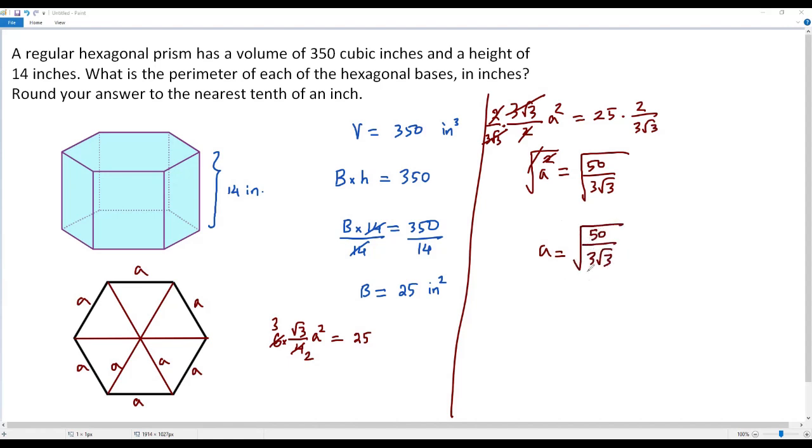Okay, as I said earlier, we have to multiply the value of A by 6 to get the perimeter of the hexagonal base, because A represents the length of one of the sides of the regular hexagon. Now to get the perimeter, we have to multiply it by 6. Okay, now let me multiply this one by 6. I multiply both sides of this equation by 6. 6 times A is 6A, then we get 6 times square root of 50 divided by 3 times square root of 3. Okay, now let's evaluate the value of this one. Let me write the 6 here on the left side as it is. So that is 6 times square root of